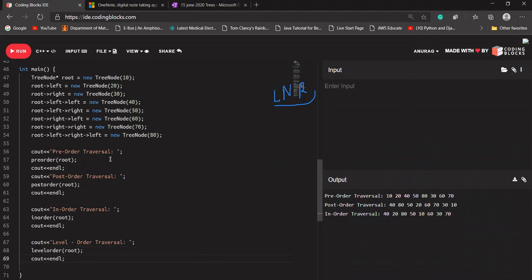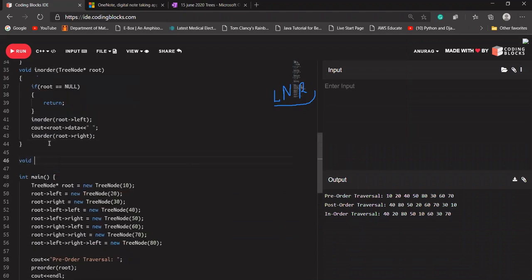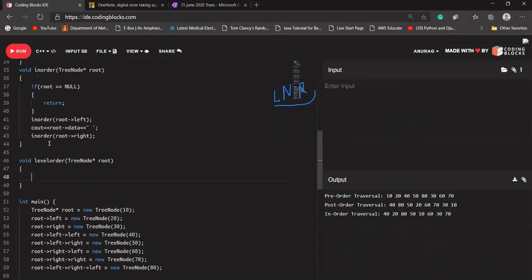Okay, so let me quickly design my level order function. Void level order, taking a tree node star. First check if root is equal to null.